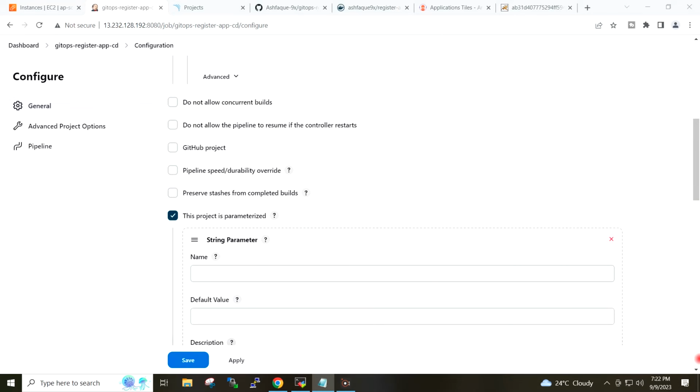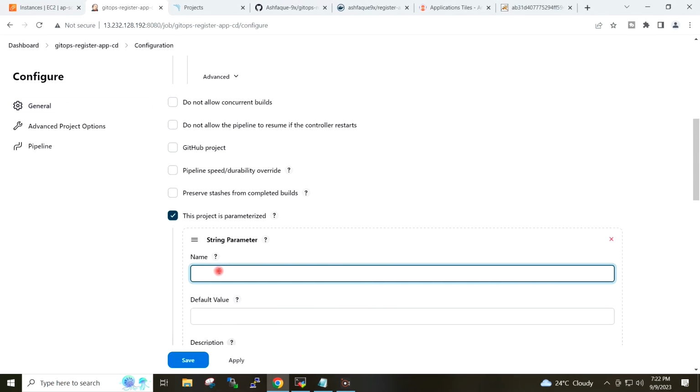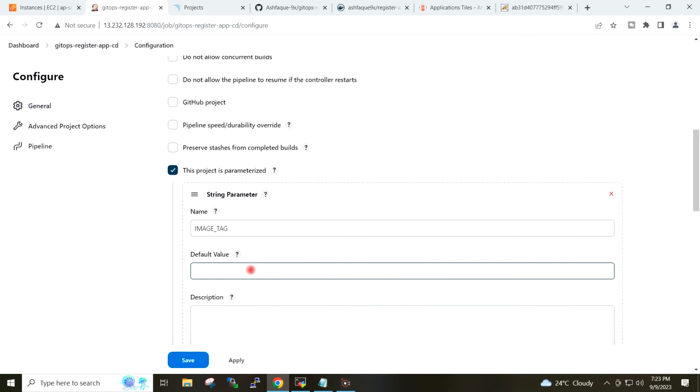Name I will give image tag, because every time our CD job will change the image tag on the deployment manifest file on the GitHub repository.